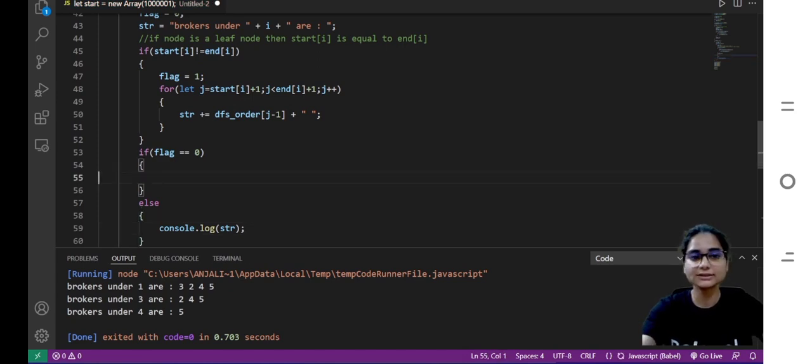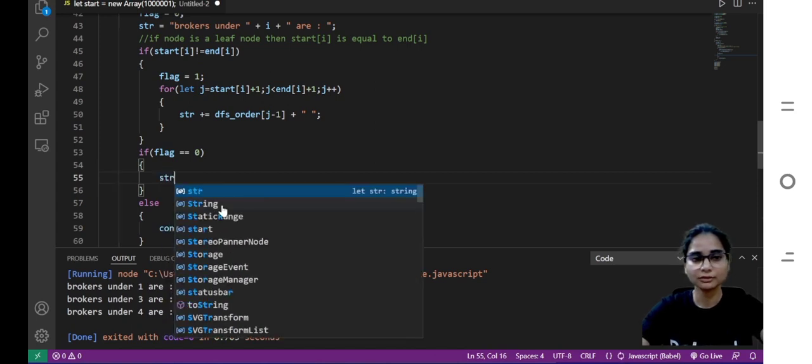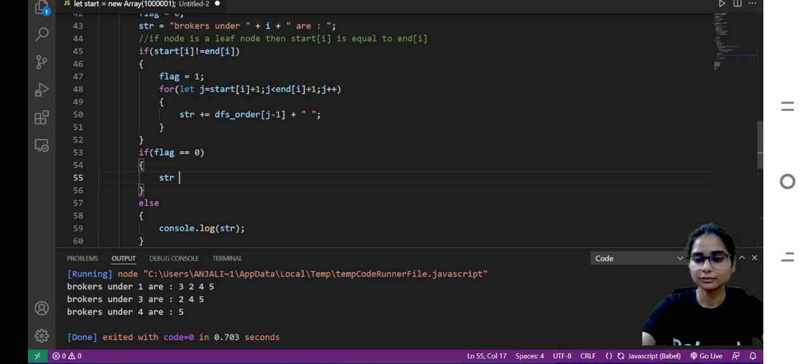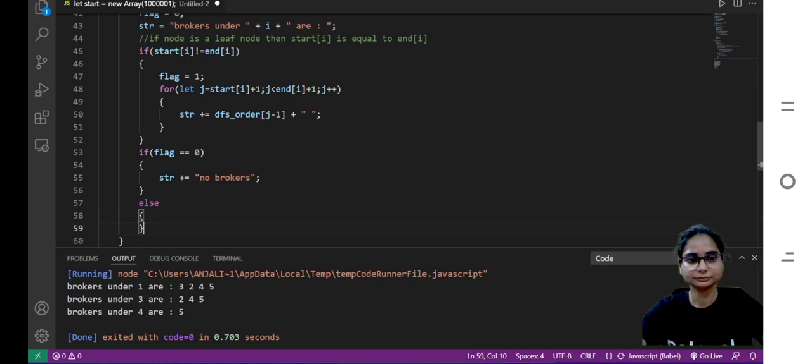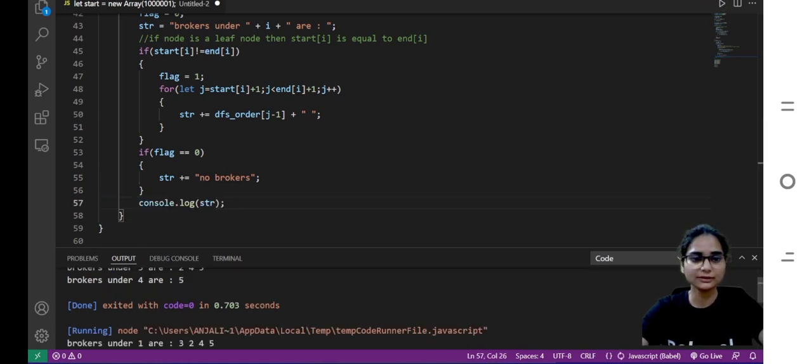If flag is 0, we can write no brokers, something like that. And this one we can make common. So now if you run,